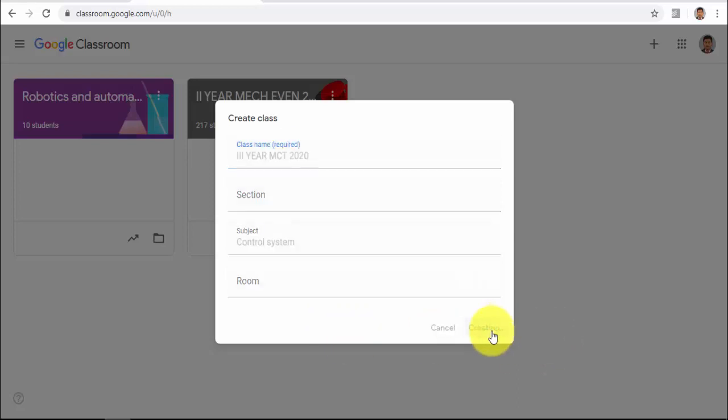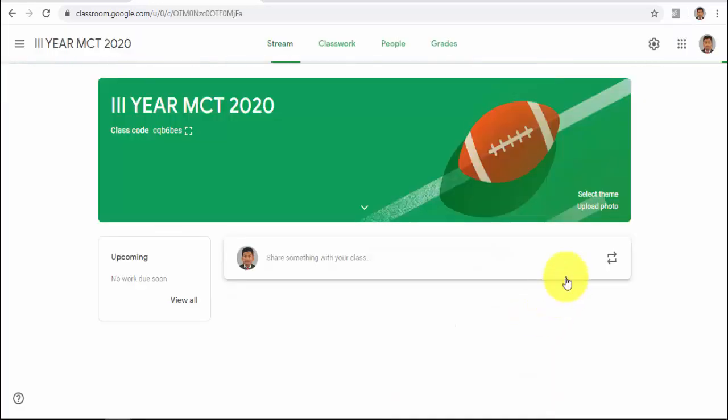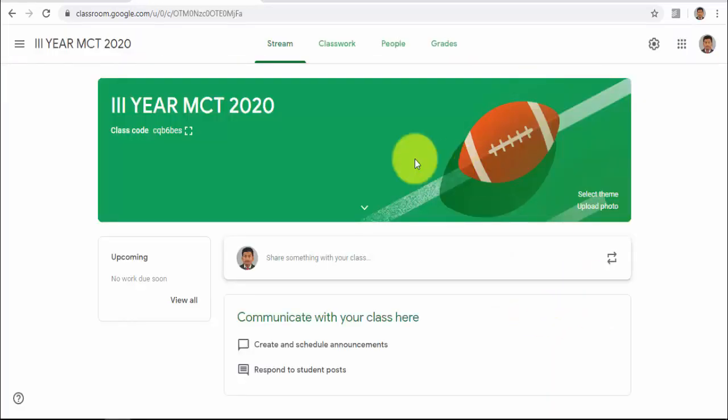That's it, so now the class will be created. This is the classroom which I created now. This is a password. During the first class in our classroom, we will share this password with our students so that students can join Google Classroom using this password.